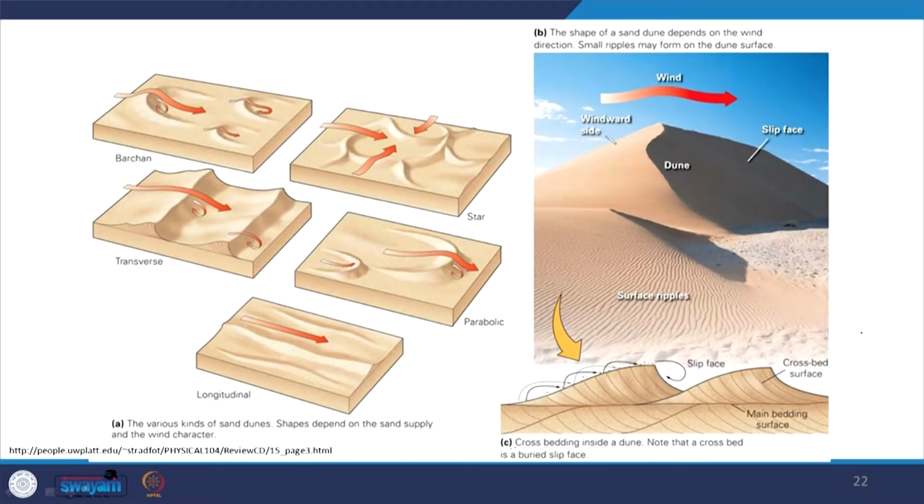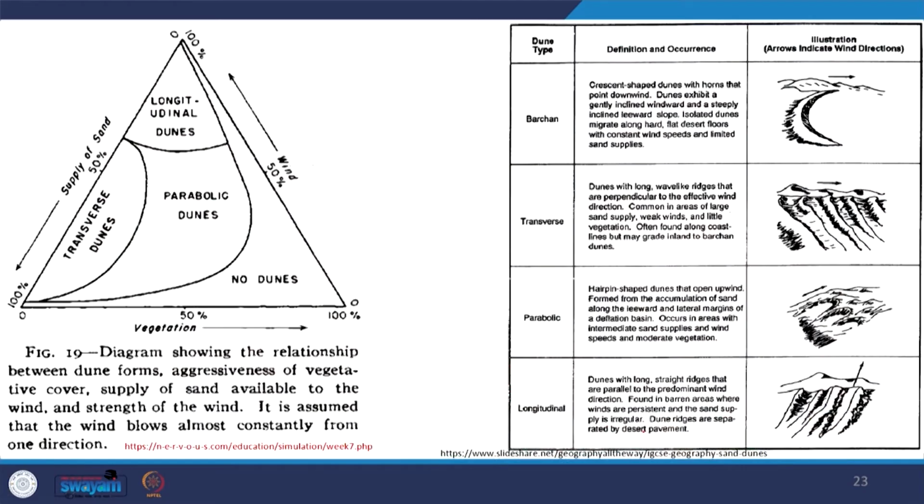And if you see here, this total sheet talks about the combination of different wind-blown directions and sand supply, summarizing how the sand dunes are formed. This is the transverse and this is the longitudinal dunes, this is our parabolic dunes and this is barchans, this is star dunes, and this is how the dune migrates. The internal structure is shown here. So, this is the summary sheet of the dunes we have discussed so far.